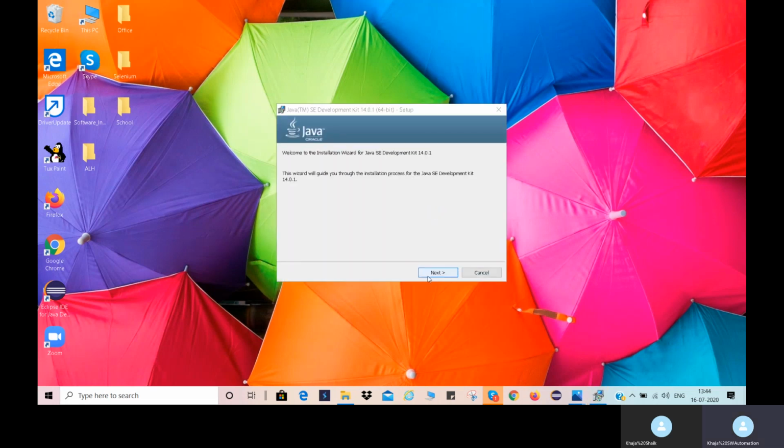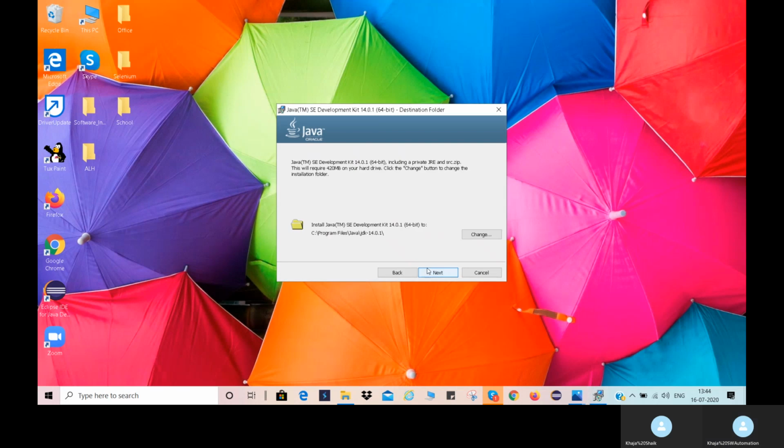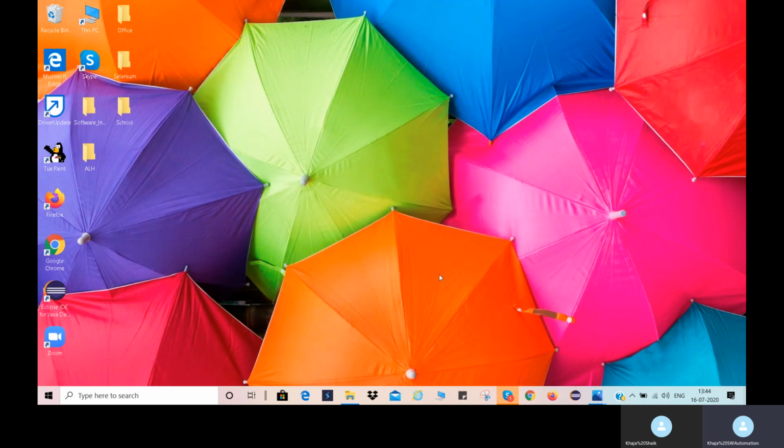So click on next. Here this will show the path of the location where Java is going to be installed. This is the default location. If you want, you can change this location, but as of now, let it be the default itself. Click on next. Let's keep the default location only. Click on next.